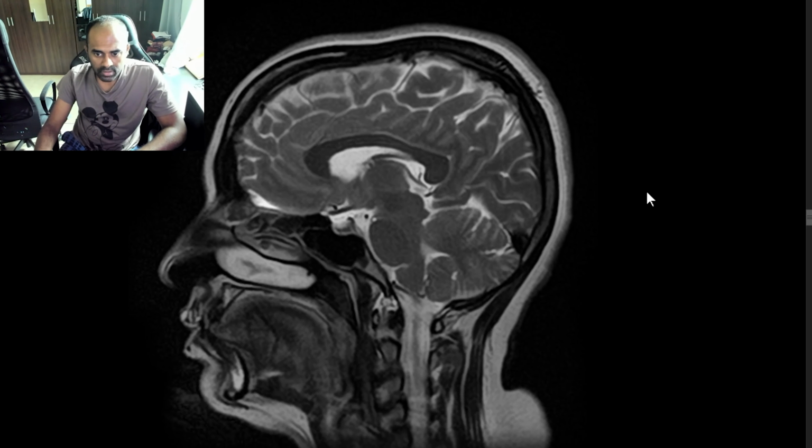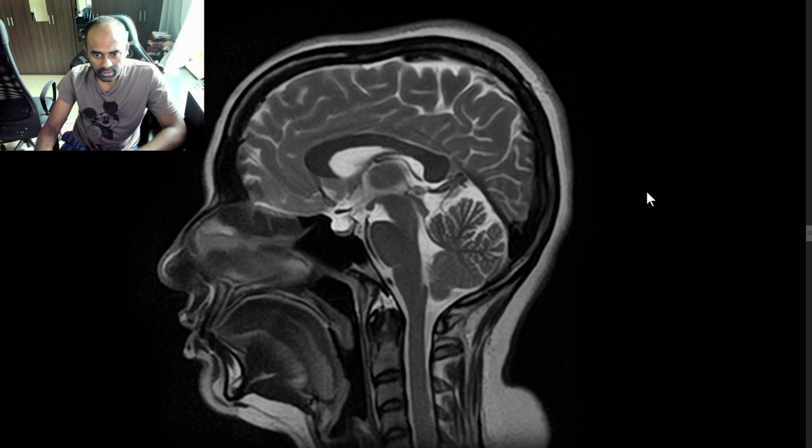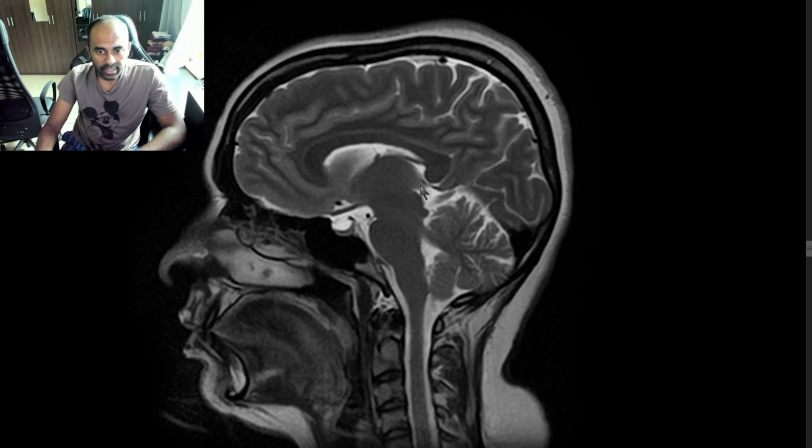Now, this is only a 28-year-old patient, all right? So your brainstem, everything looks all right. So does the cerebellum. But if you look at the sella, you can see that the sella is partially empty. The pituitary appears to be flattened out towards the floor of the sella turcica. And